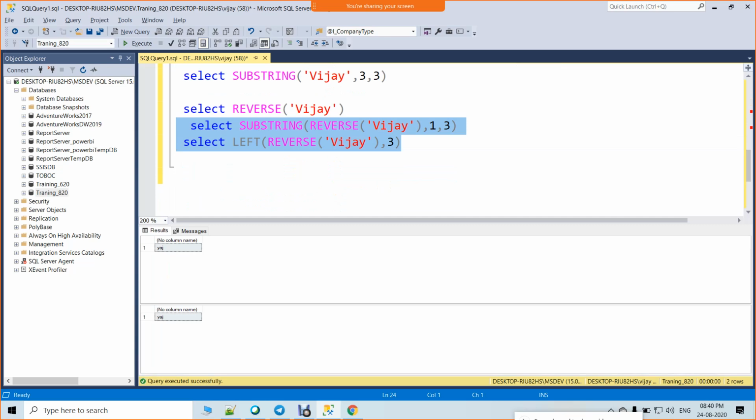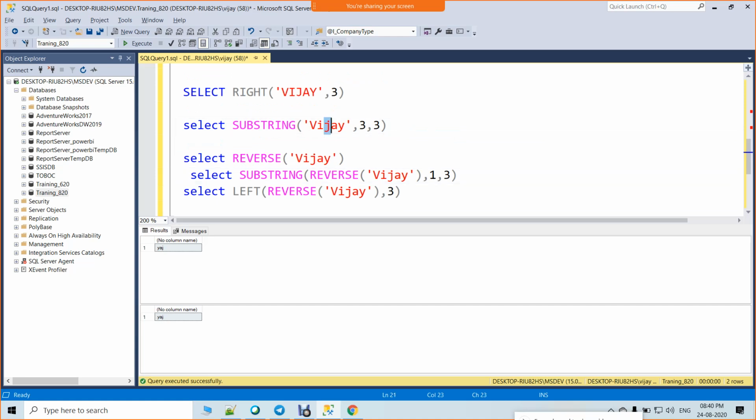So when do we use left and when do we use substring? From the starting there is no problem. For example, I want to take the middle, I want to take Ja only. So here 3 comma 2, but using the left function I can't achieve it, right? With left I can take from the start 3 characters or 4 characters. If I want to take Ja, how do I achieve it? I can't. Clear? Yes. So that is the reason we use substring in such scenarios.